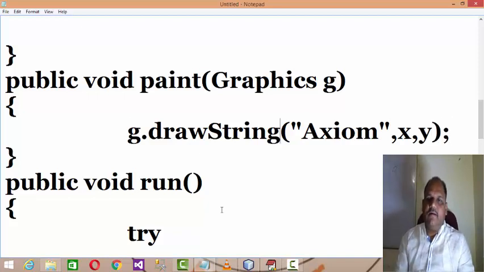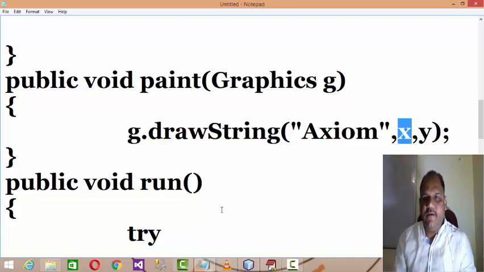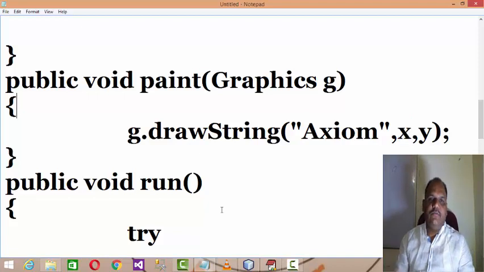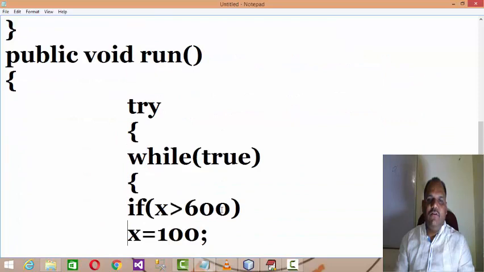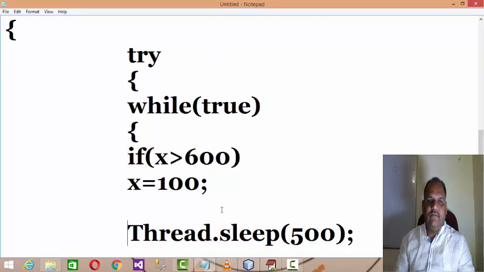In a static applet, we specify the coordinates of x and y, so the text will be printed only at that specific x and y. But in this case, it gives a call to run first. It will check the value of x.